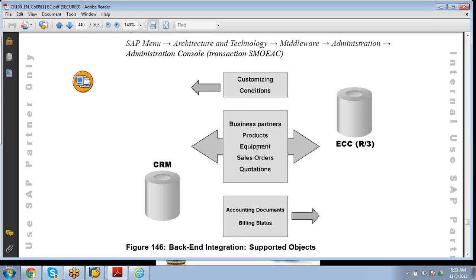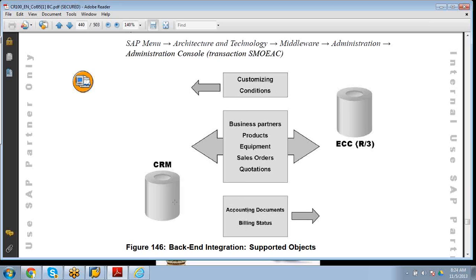Equipment means, in services, all the repair equipment would be called equipments. So sales orders, quotations, these 5 objects have to interact both ways, give and take, whereas customized conditions, meaning price, will only be taken by CRM, there is no give. And when it comes to accounts and billing status, there is no take, only give. That means it is one-sided, and you have to remember this.